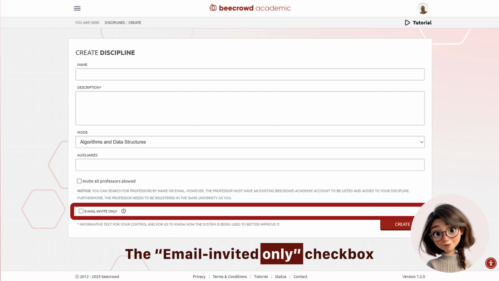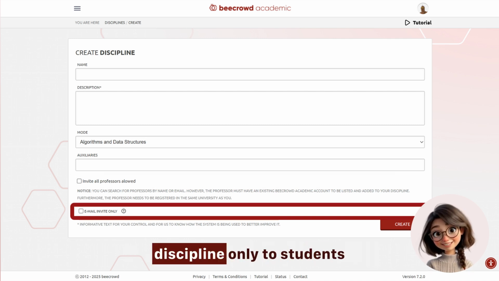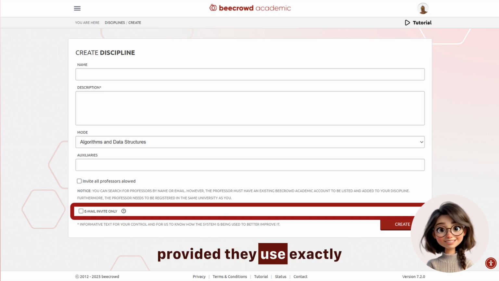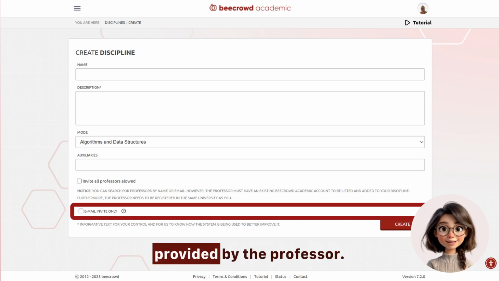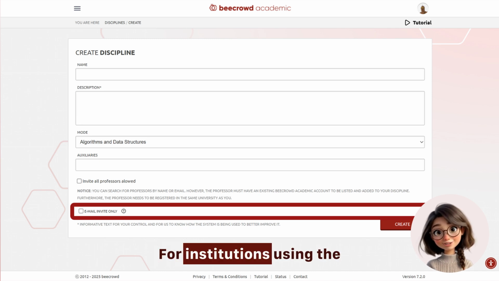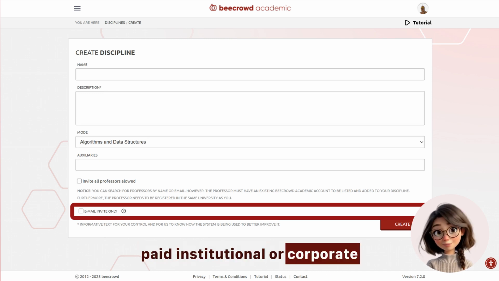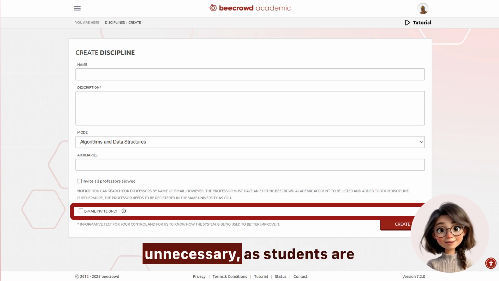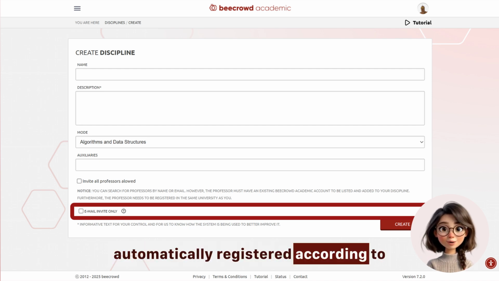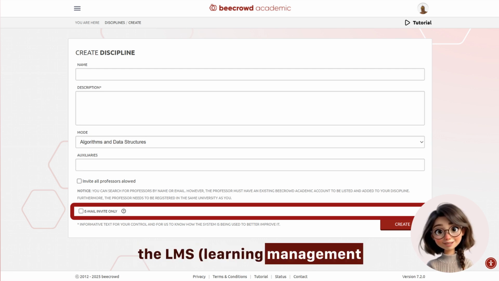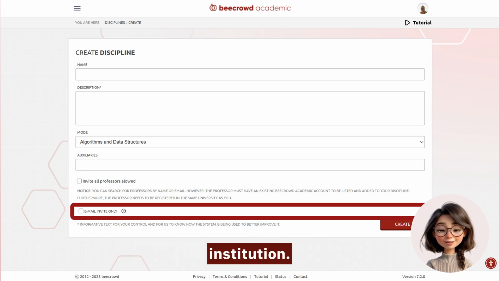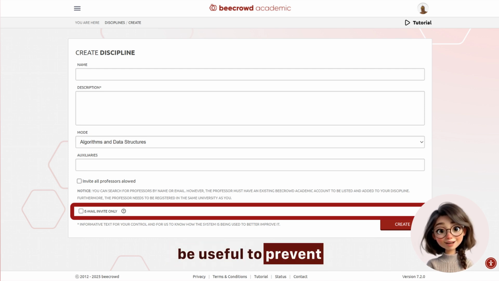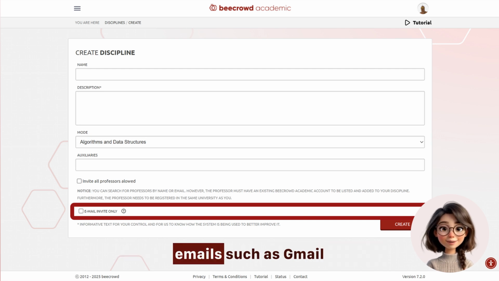The Email Invited Only checkbox restricts access to the discipline only to students invited directly via email, provided they use exactly the same email address provided by the professor. For institutions using the paid institutional or corporate plan of beecrowd Academic, this option is usually unnecessary, as students are automatically registered according to the LMS, Learning Management System, data of the institution. However, for users on individual plans, it can be useful to prevent student registrations using personal emails such as Gmail